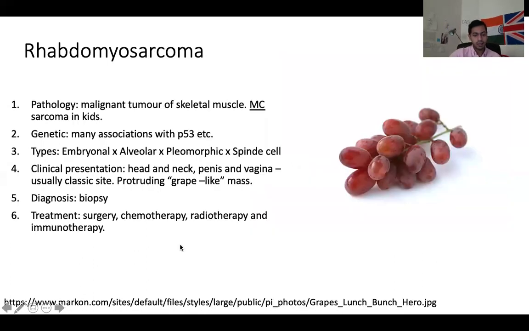And then finally, rhabdomyosarcoma. So this is a malignant tumor of skeletal muscle. It's the most common sarcoma in kids. And genetics, this is a very, very complex topic with a rhabdomyosarcoma, and it's not completely well understood other than